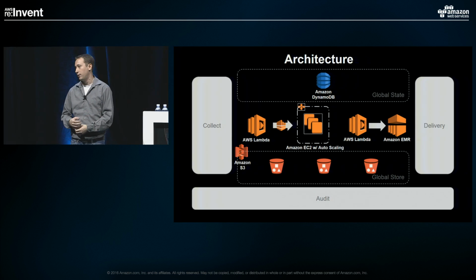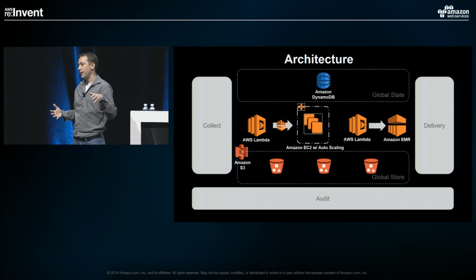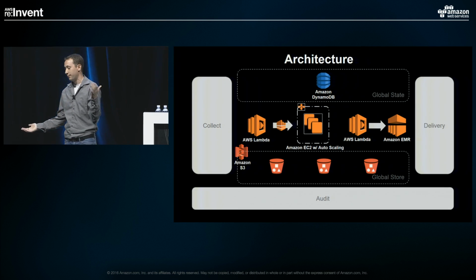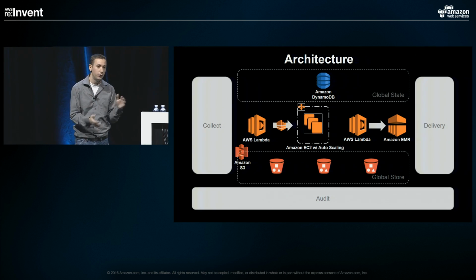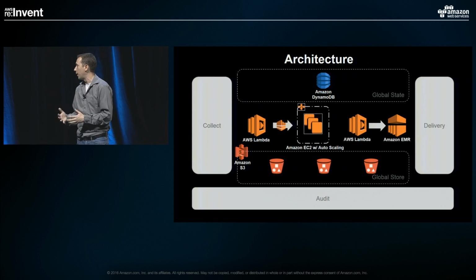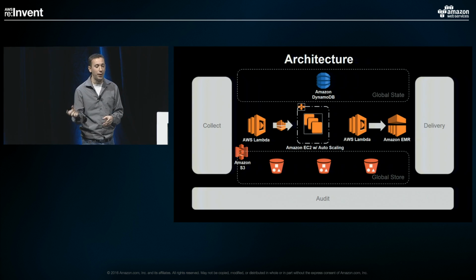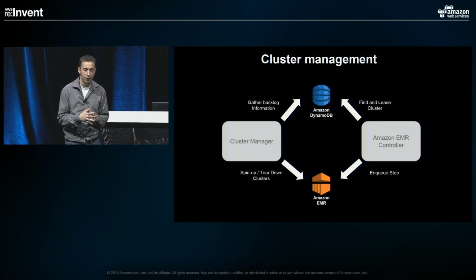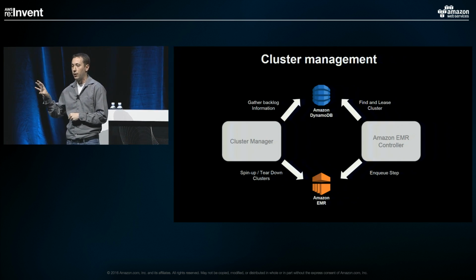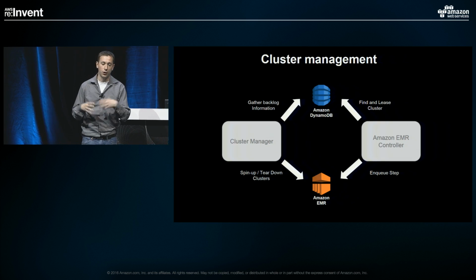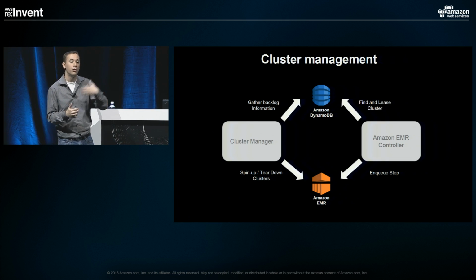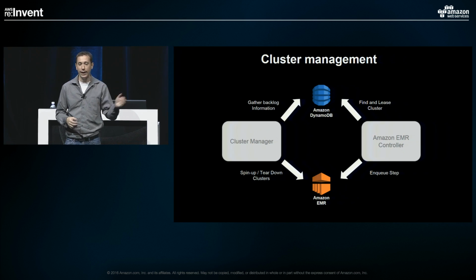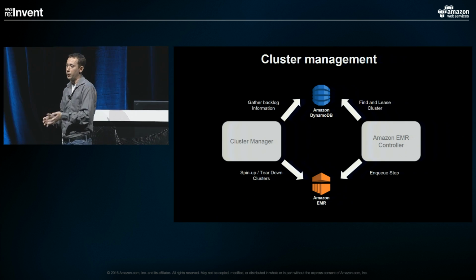Hotels are not the same size, and if we're using just the hotel, this is the data that we need to utilize, we're going to have way more nodes than we need, way more MapReduce tasks, so we want to really optimize that. And we can do that by knowing the amount of backlog that we have, or the amount of data that we have, and then making intelligent decisions on managing those clusters. And so if you can imagine a cluster manager that knows the amount of work that's going to be executed, and the node times that they're going to be executed, it could stand up and tear down clusters for you before